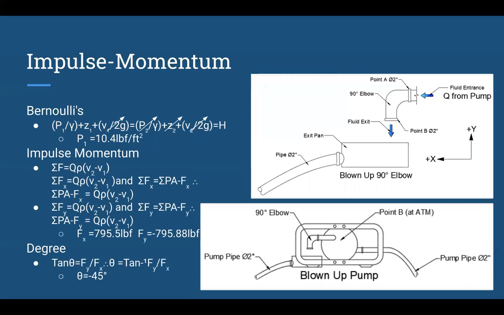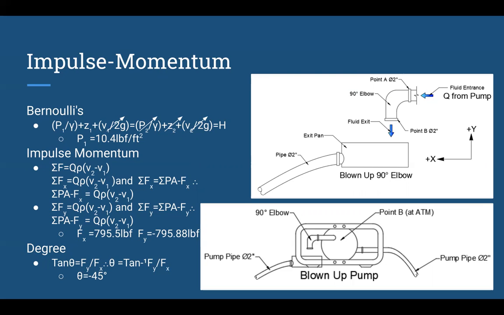For the impulse momentum equation, in order to apply that, we first had to utilize Bernoulli's in order to find the pressure that was being acted upon within the 90-degree elbow. And within that equation, we set it up so that the elevation head, the velocity head, and the pressure head were negated at point 2, and at point 1, the velocity was negated. In addition, the total head was given by the manufacturer, and this enabled us to calculate that the pressure was 10.4 pounds per foot squared,